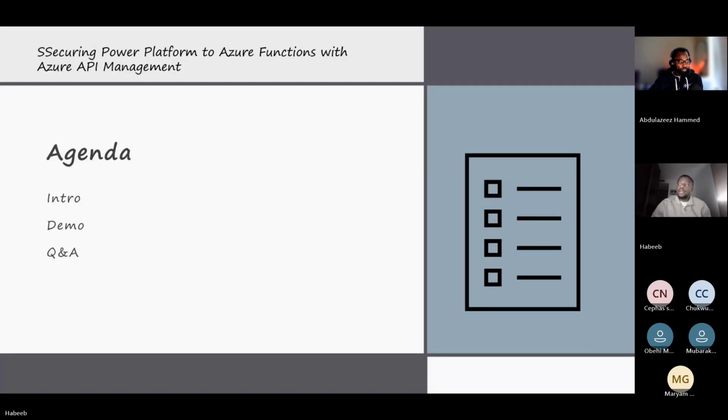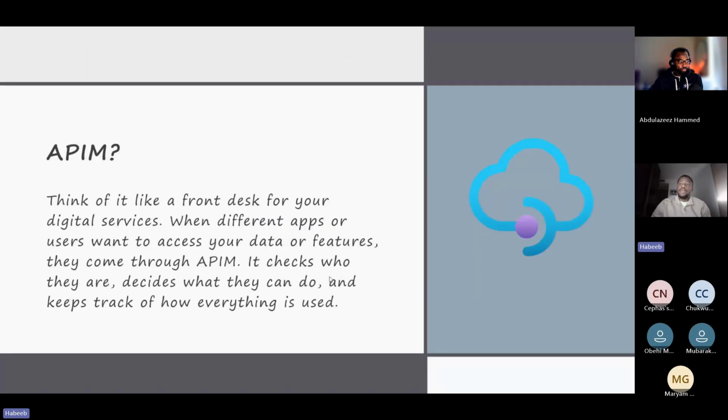Okay. So what is APIM to start with? APIM itself is Azure API Management. API stands for Application Programming Interface, the same API that we all know; it is still the same thing. It's very important to actually